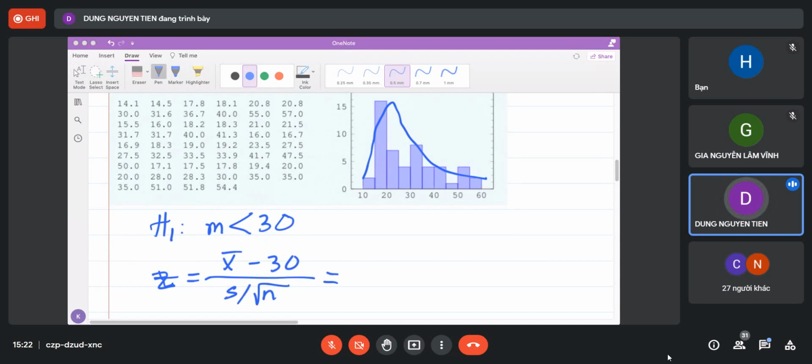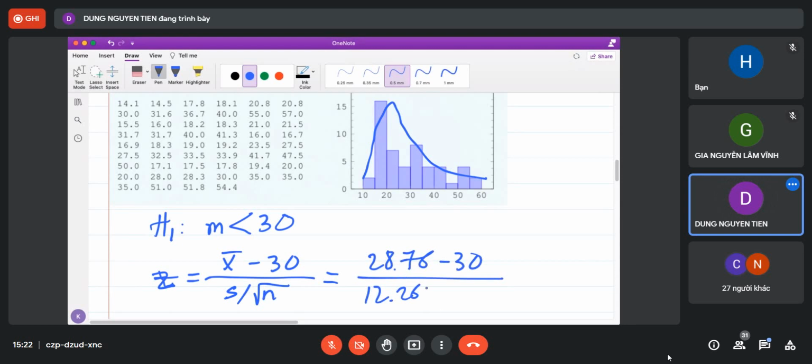Understand? It is basically 28.76 minus 30 divided by the value of s. The value of s is 12.2647 divided by the square root of 52, and then you get a number which is minus 0.73. Okay,